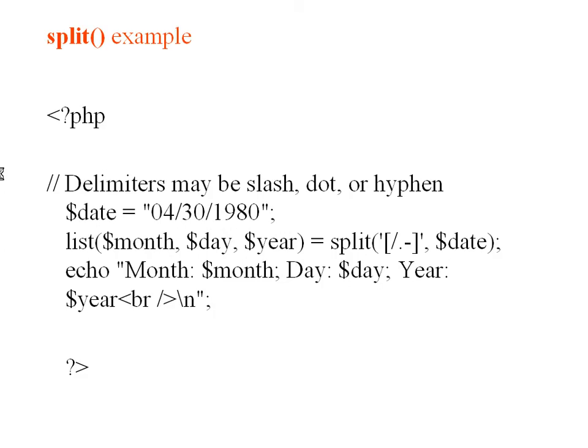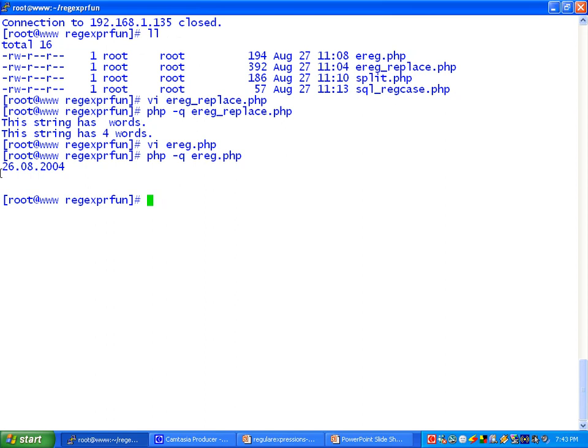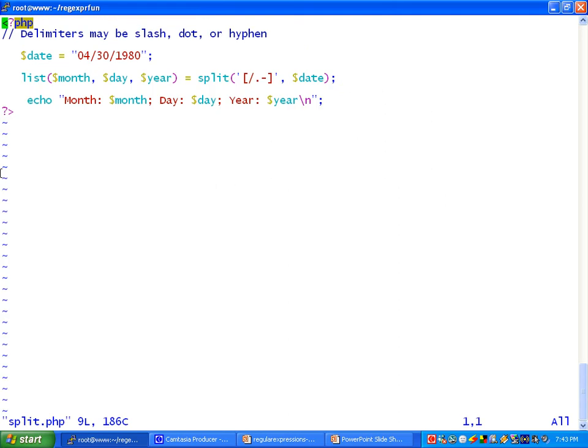Let us take an example and have a demonstration. In this example, I have taken a date format which may contain slashes or dots. I want to split the string which is separated by slashes or dots using the function, and the split values will be stored in month, day, and year.